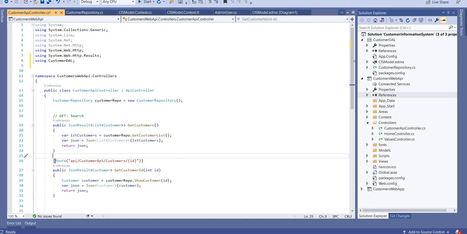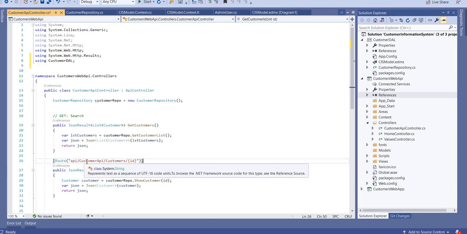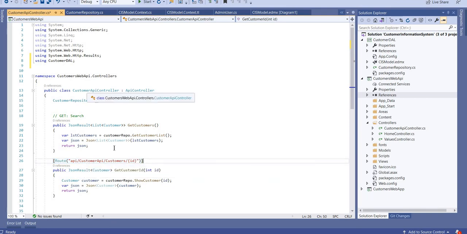Or you can write a route in that. So I have written a route here, like api/customerapi, which is my controller, customers, and when I pass some ID, it will call this method. When I want to select something from the customer table, like select star from customer where CustomerID equals some value, it will retrieve the value here.